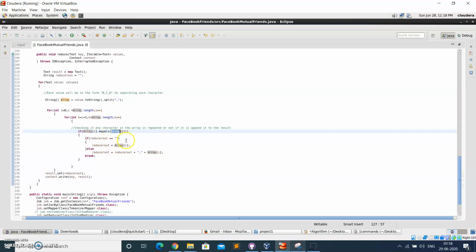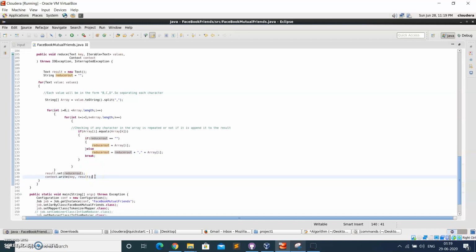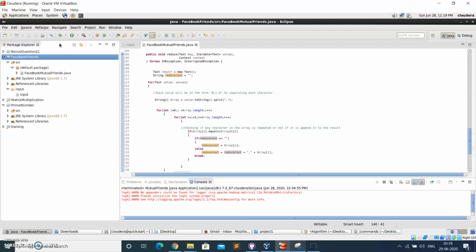Then when D comes inside, this goes into the else part and again appends with C. So the key stays as it is, A hyphen B, and the reducer out will be C comma D, so it will give us A hyphen B and C comma D.